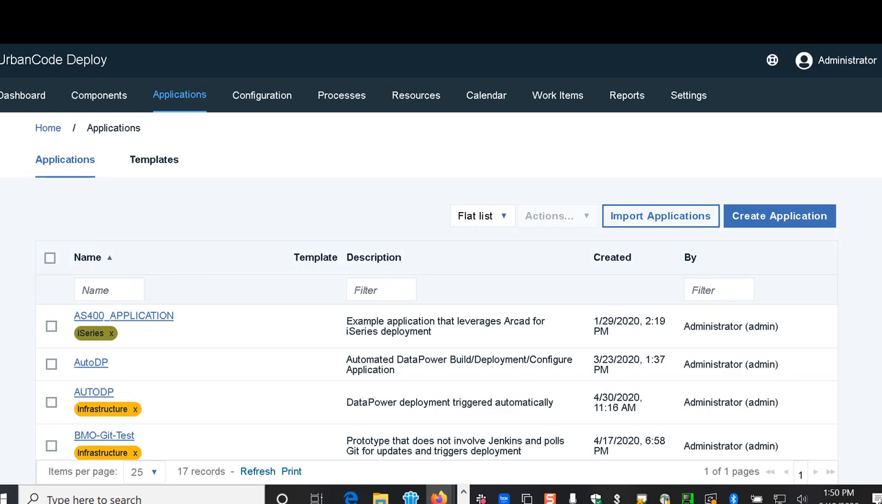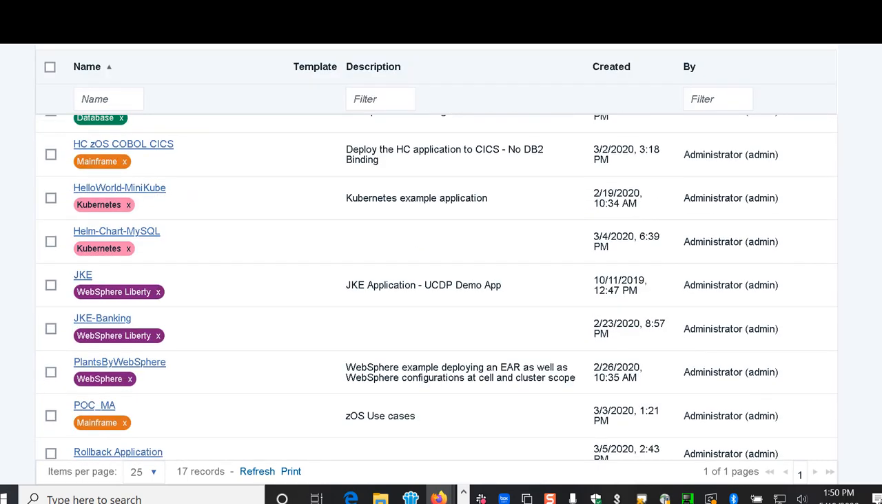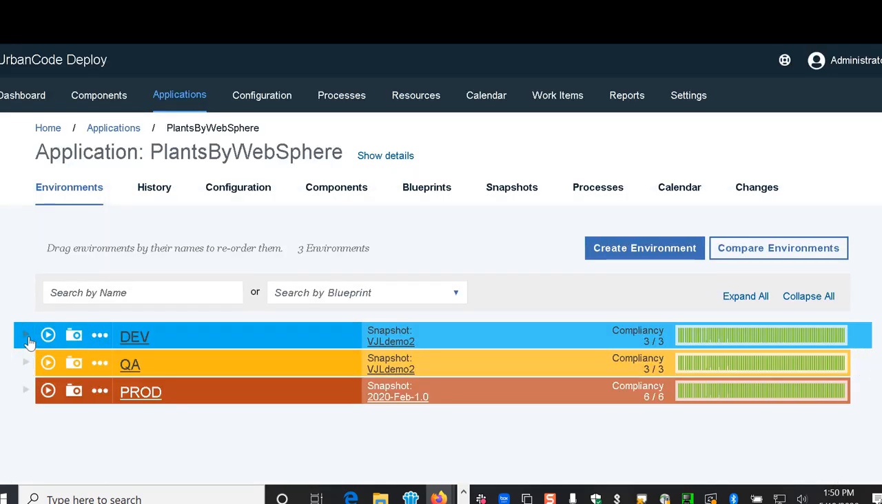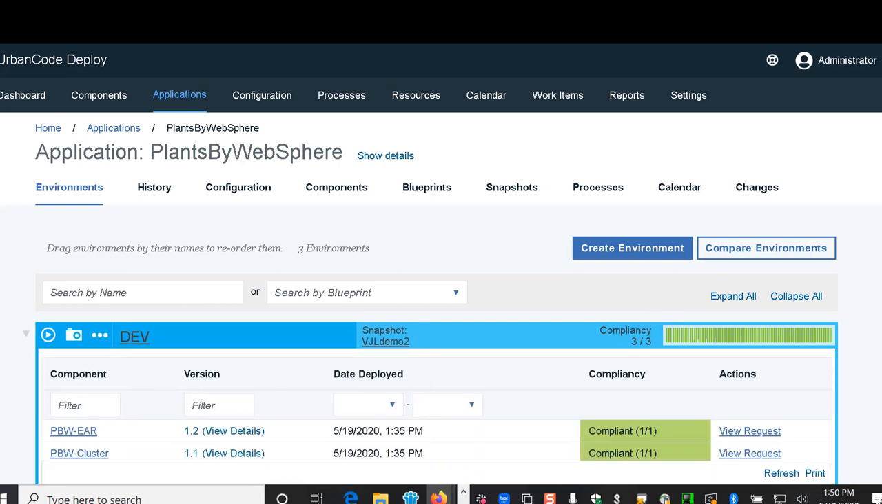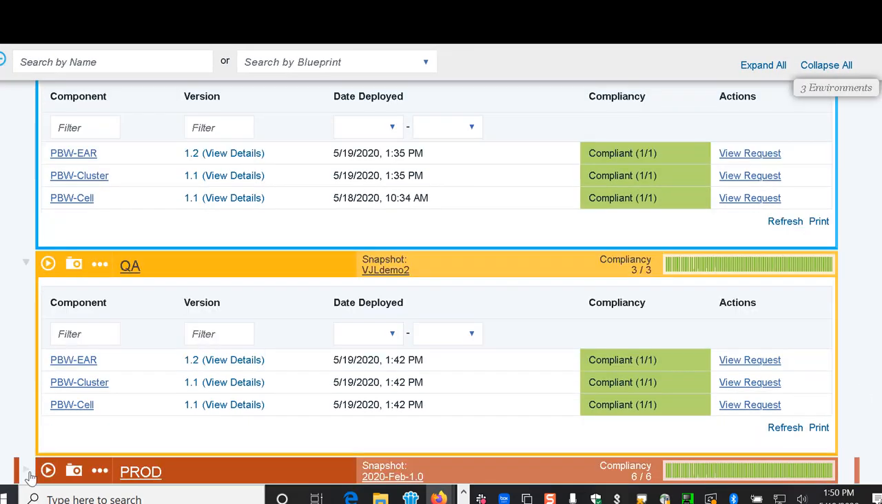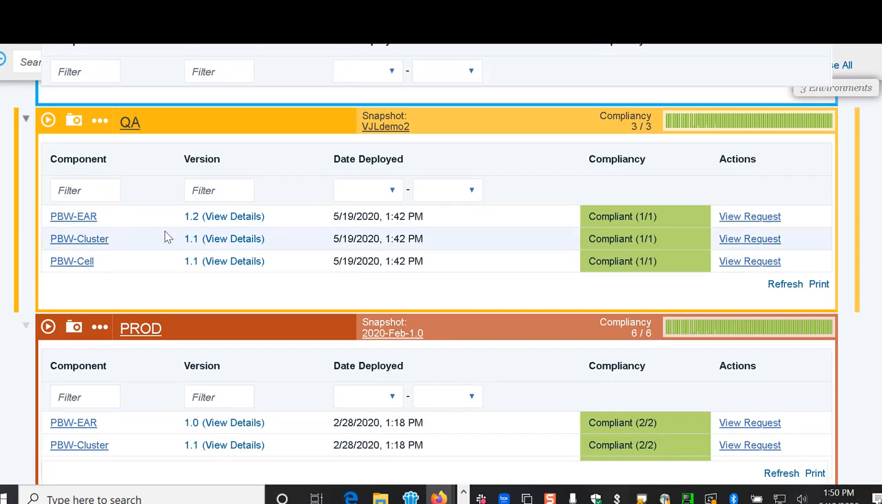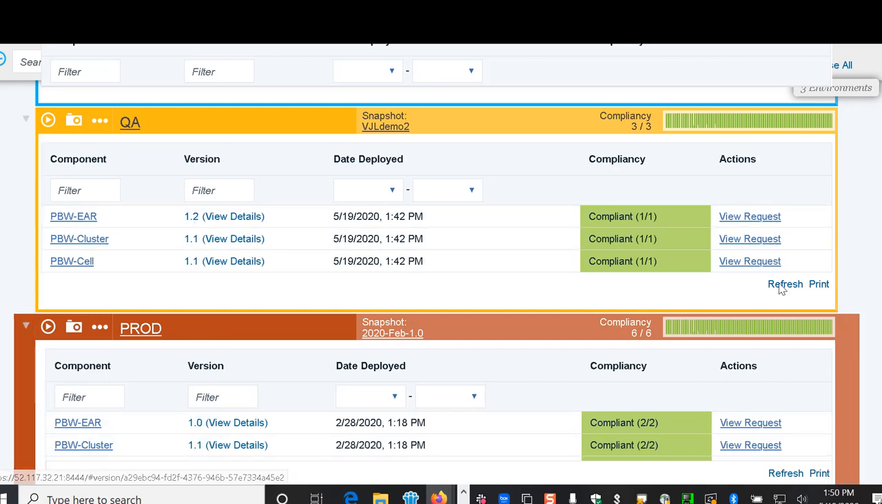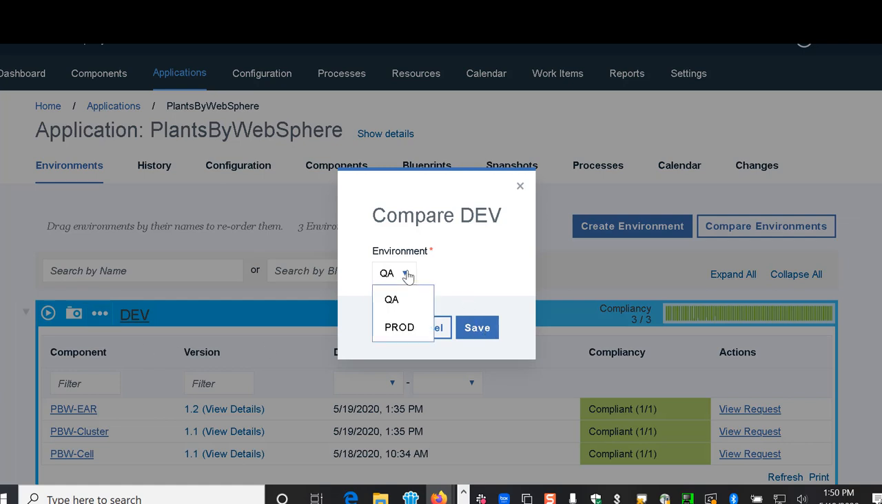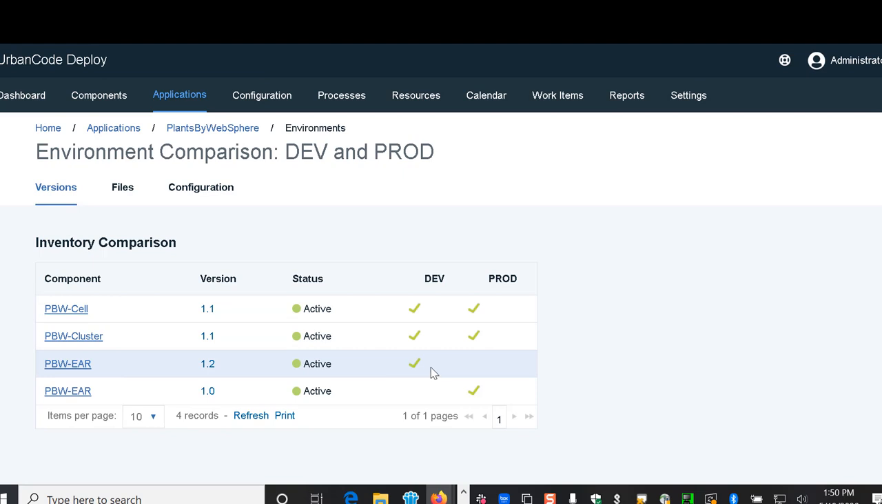Today we'll be working with an application in our UrbanCode Deploy called Plants by WebSphere. As you can see, here we have configured a few different environments, the Dev, QA, and Production. This gives you the opportunity to expand and see what you have deployed to its environments. As you can see here, there are different versions. You also have the capability to do a compare across the environments and see specifically what is at different versions in your dev, prod, or your QA. Here we have a different version of the ear, and we're going to be working with that today in our